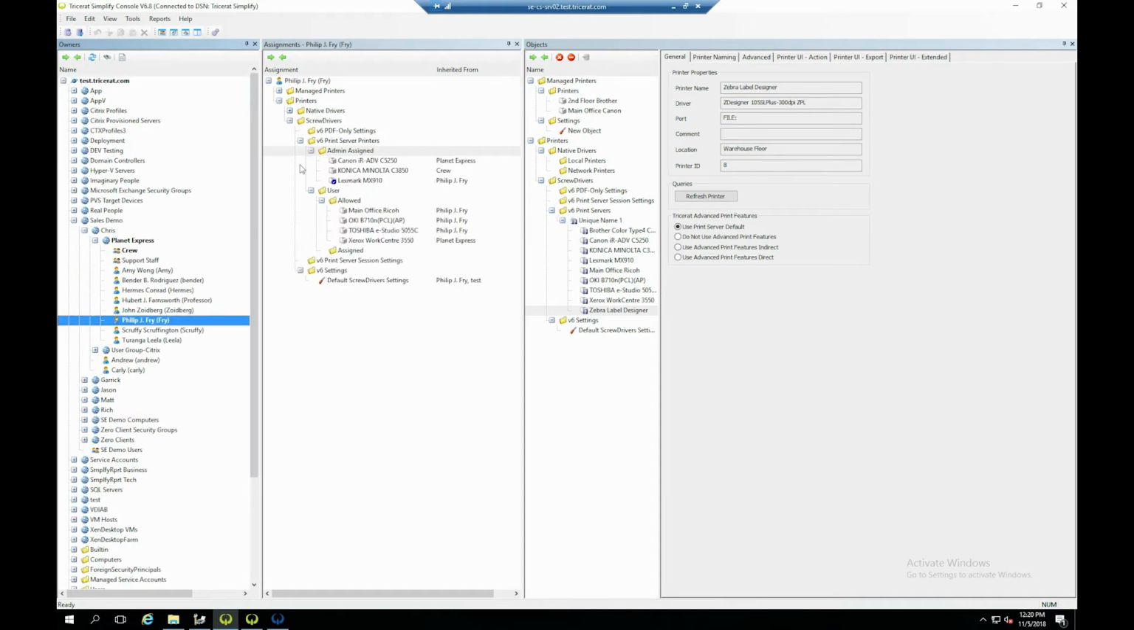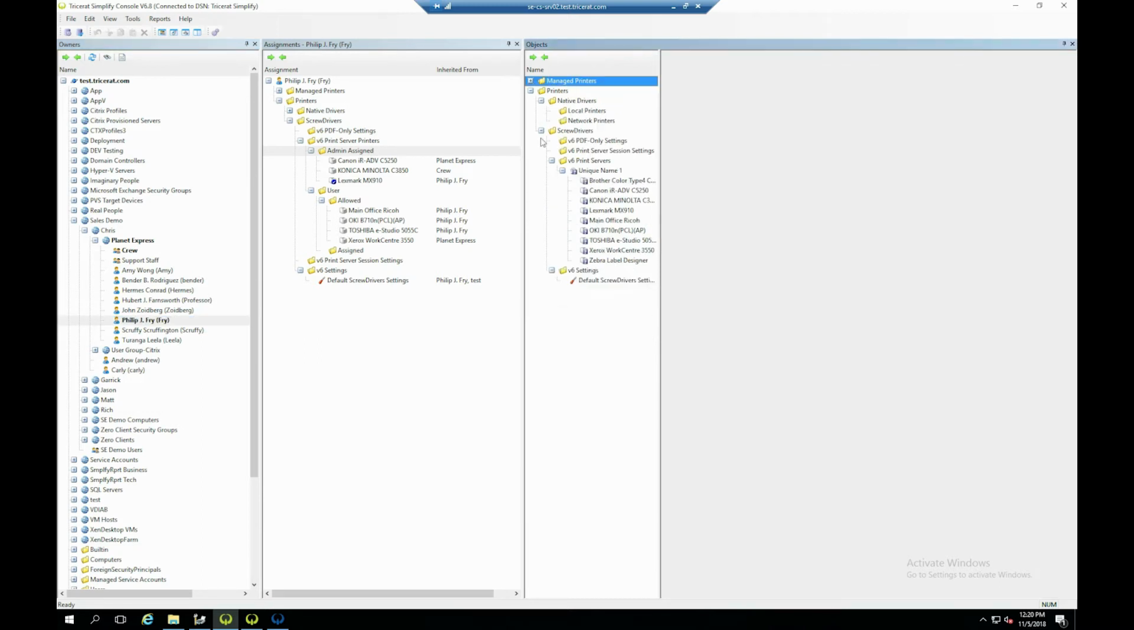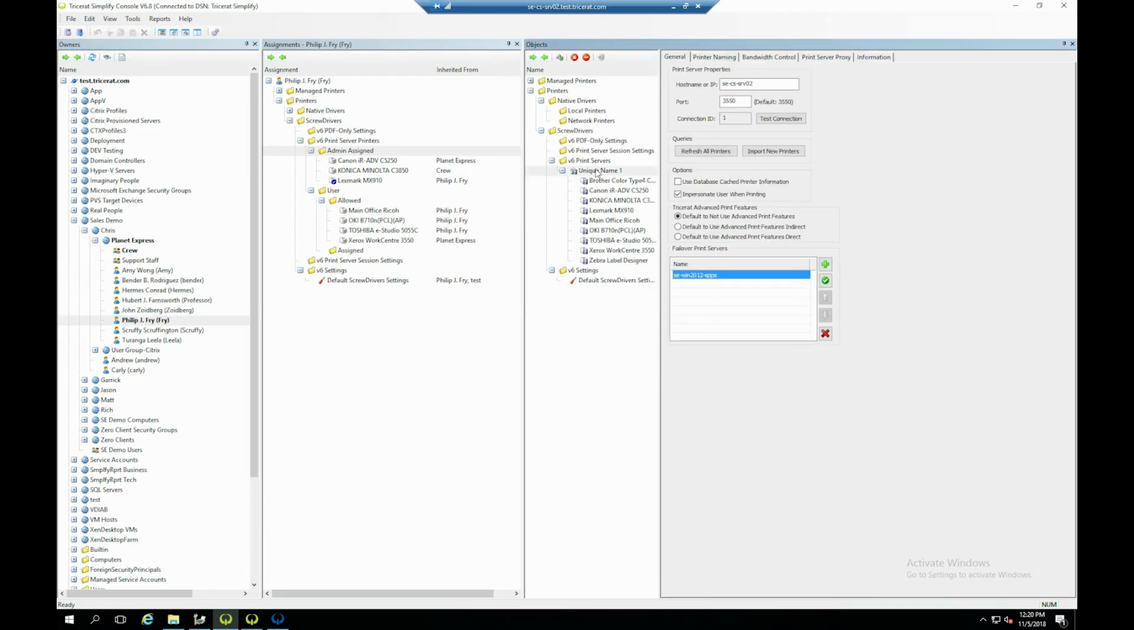Okay, we're going to skip over the assignments pane real quick, and we'll come to the objects pane. The objects pane is where you are going to create your print server objects and import your printers into Simplified Printing. Very easy to create a new print server object. You just hit this button right here, you type in the name, the IP address, and then hit refresh all